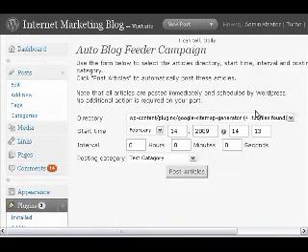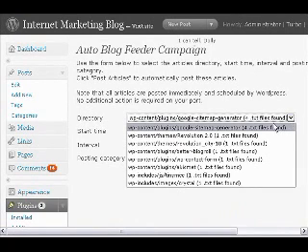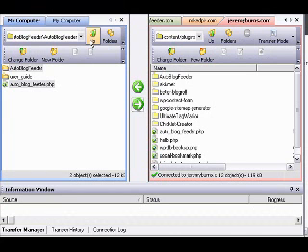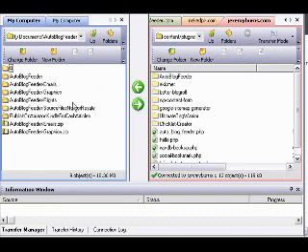Right now, the first thing that you're going to notice is under the directory tab, Blog Feeder has found all of the text files that are uploaded to your web server under your WordPress install. Right now, all of the text files that are inside of these directories are files that were already here before we uploaded Blog Feeder. What we want to do is upload some files that we can use to create our future blog posts. So we're going to go back over to our FTP software, and we've already prepared some articles,